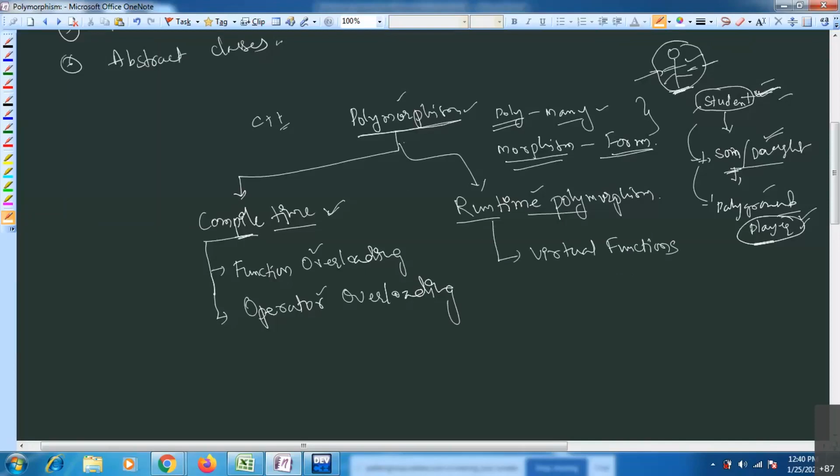You can achieve this polymorphism concept in two different ways: one is compile time, and the second one is runtime polymorphism. Compile time polymorphism can be seen in the function overloading concept and the operator overloading concept. The same way, runtime polymorphism you can achieve by using virtual functions. Actually, this runtime polymorphism we can see in function overriding, not overloading. This is overriding.